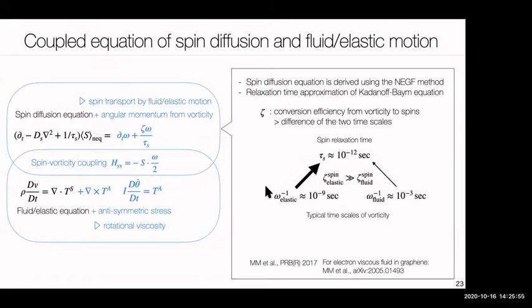So in our case, the time scale for the elastic motion is much faster than the fluid motion, and so the angular momentum conversion from the elastic motion to the electron spin is much larger than that for the fluid motion. Okay. And this is the theoretical prediction, but actually, very recently, Professor Nozaki's group